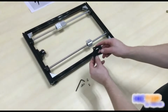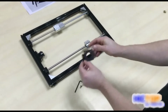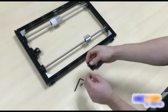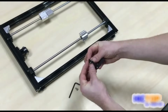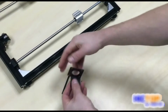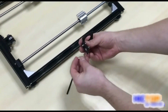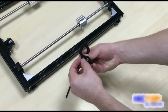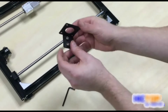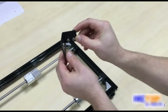Taking our first stepper motor mount, notice the 2 holes here. We will insert an M5x8 nut into the hole and secure with an M5x8 nut. Do this for both holes. Once the screws are in place, notice the orientation of the